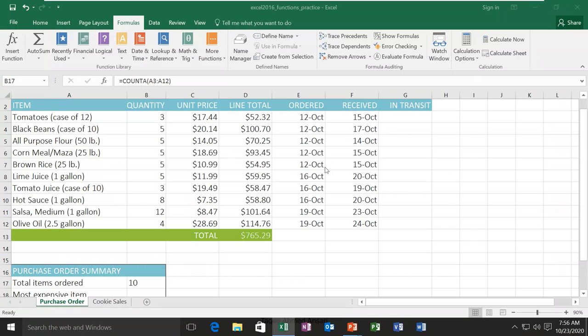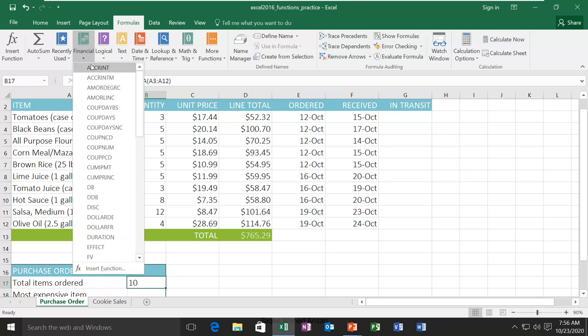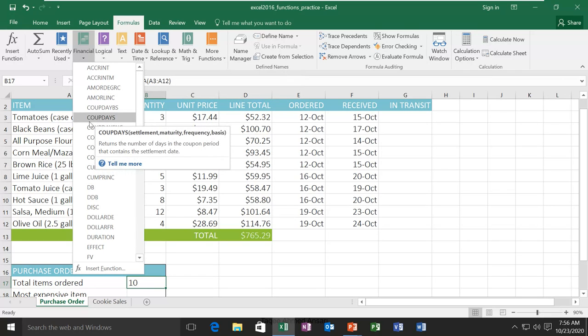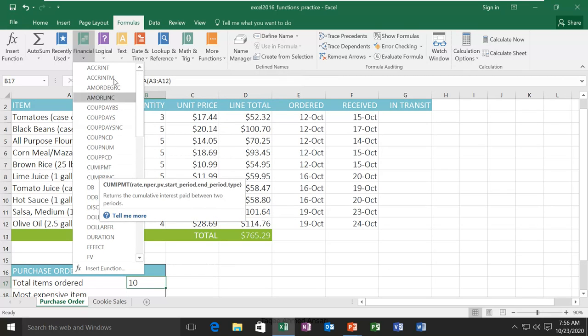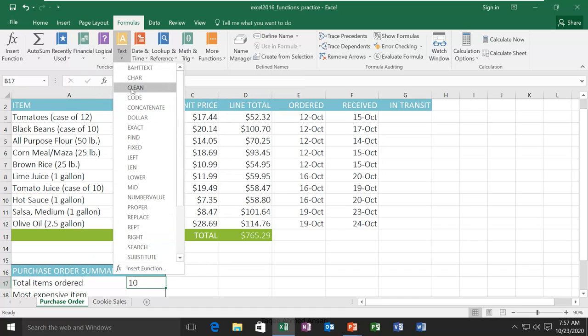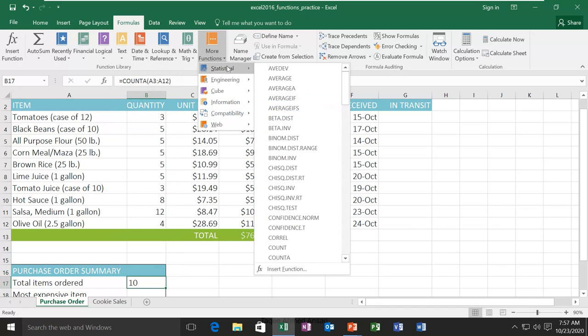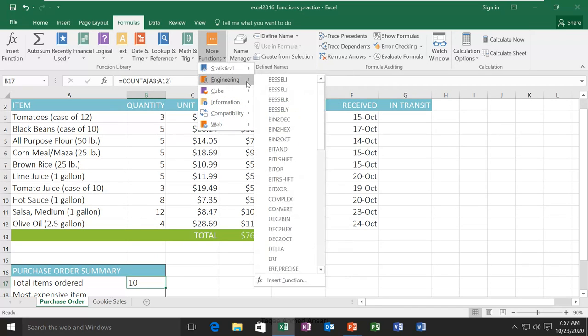Suppose I want to do something, I go here to the Formulas tab, I want to find my function, so I have to go through all those functions, see what each is doing. No, I don't want this. Do I want this? No. Do I want this? No. Do I need this category? Now you see, finding it could be very difficult. You can go here, and then you will see lots of functions here also.